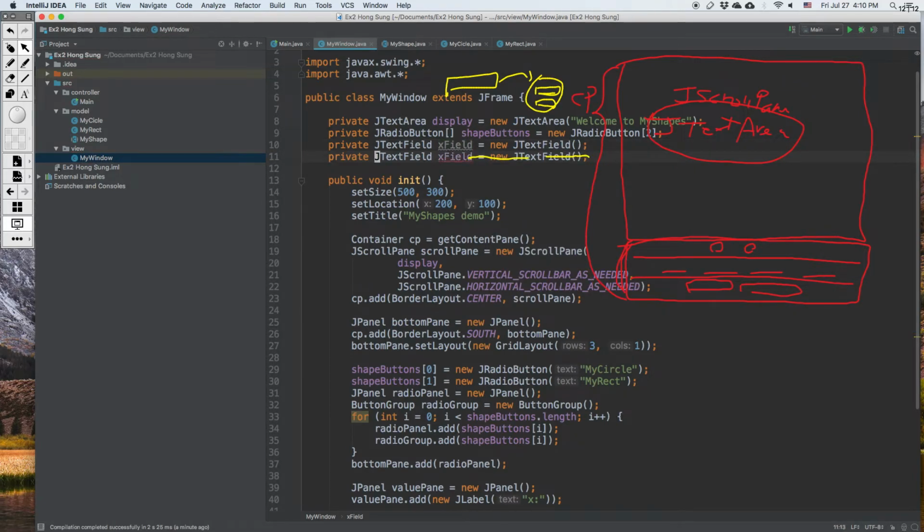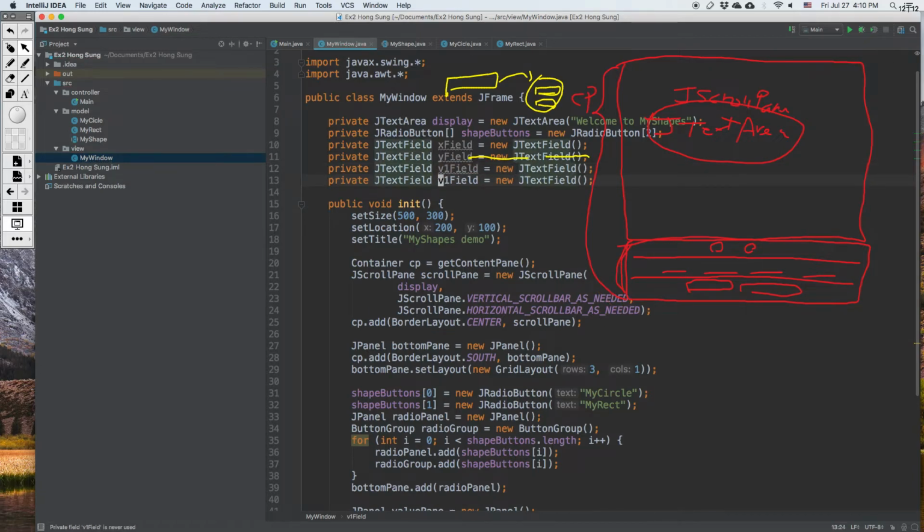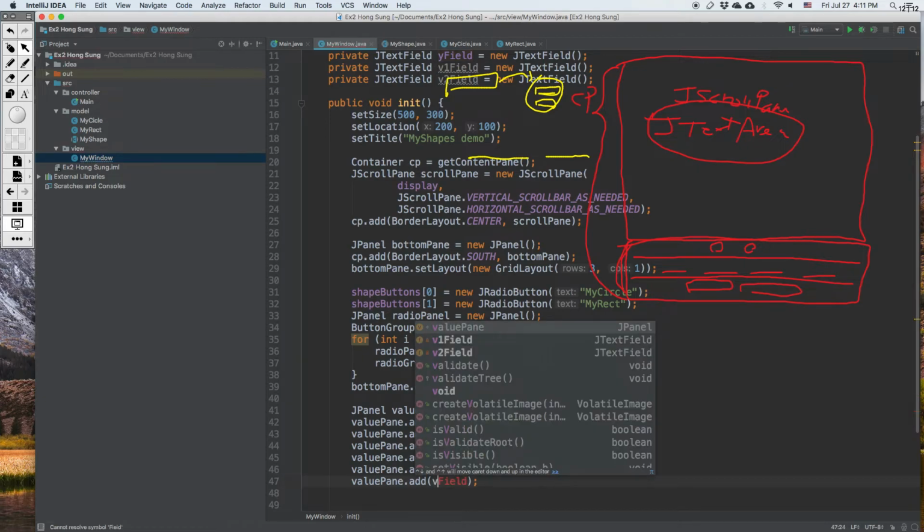So similarly, we need the Y field, and then width, height, or radius. So let's call it V1 field, value 1 and value 2 field like that. So let's keep adding that. So value pane, add X field is there. So similarly, we do Y, and then we give either this is a width or radius depending on the shape type. V1 field,